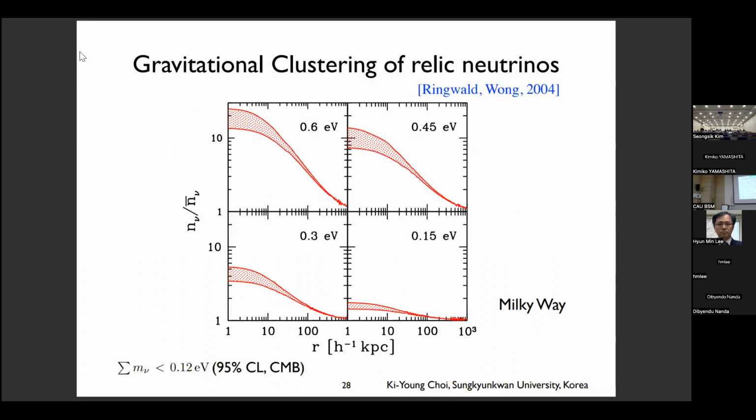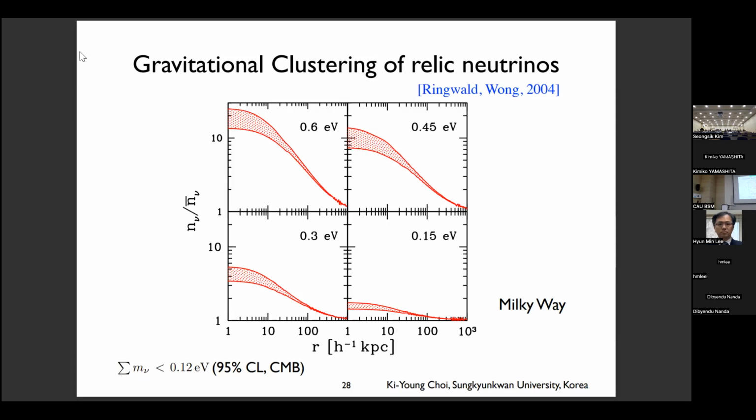Our work is how to measure the cosmic sterile neutrino. This depends on the number density of sterile neutrinos in our local solar system. But the number density in our local universe, I mean around our Sun, is different from the background density, because due to the gravity of our galaxy, the neutrinos can be gathered. I mean, the density can be enhanced in the center of the galaxy.